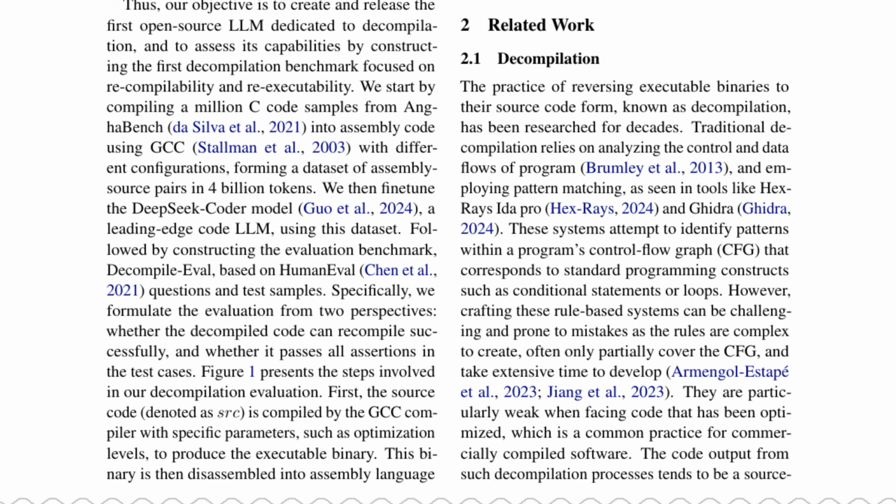The practice of reversing executable binaries to their source code form, known as decompilation, has been researched for decades. Traditional decompilation relies on analyzing the control and data flows of a program and employing pattern matching, as seen in tools like Hex-Rays' IDA Pro and Ghidra. These systems attempt to identify patterns within a program's control flow graph that correspond to standard programming constructs such as